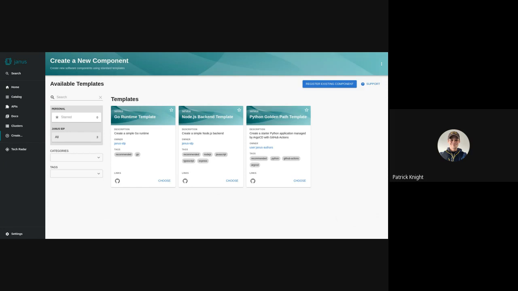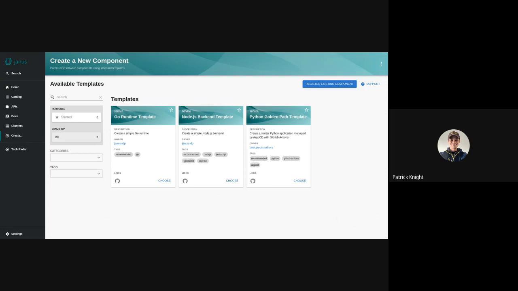Something that we're trying out right now is seeing if we can set up one Golden Path template that will allow you to pick your CI between GitHub Actions or Tekton, and then be managed by Argo CD. So instead of having one for each CI method, we just have one template that can handle multiple CI methods.